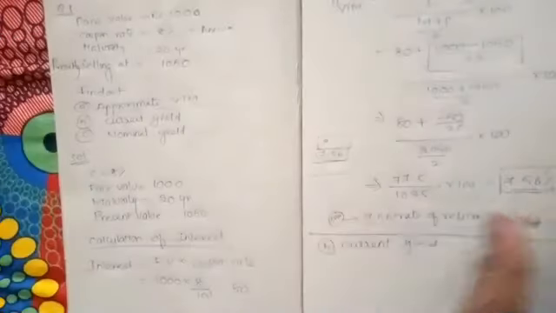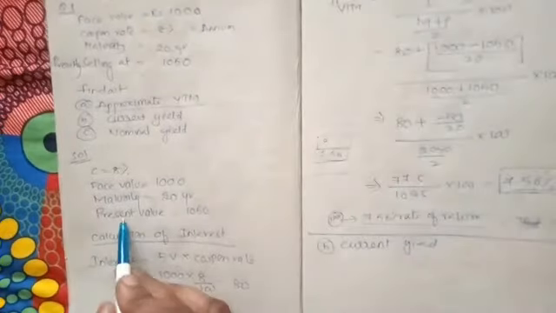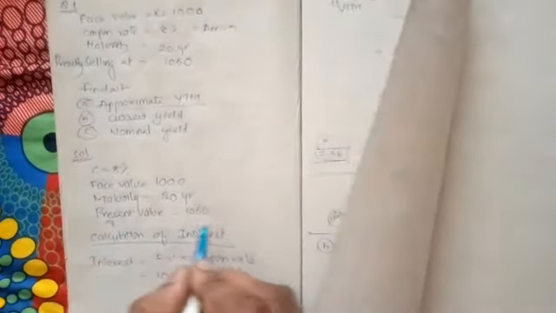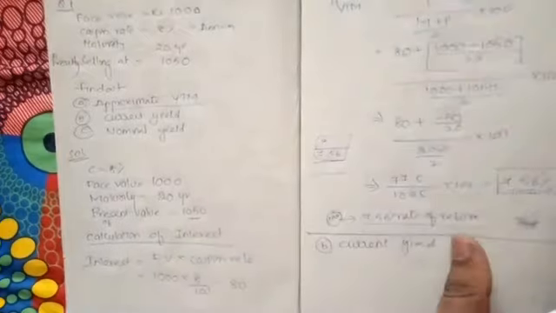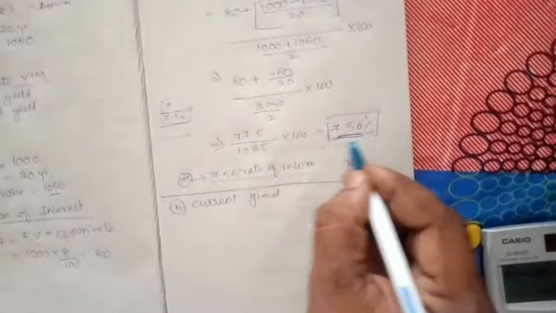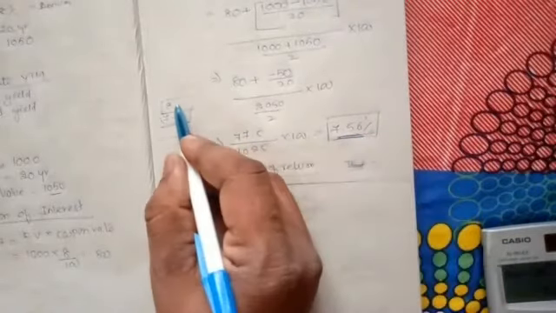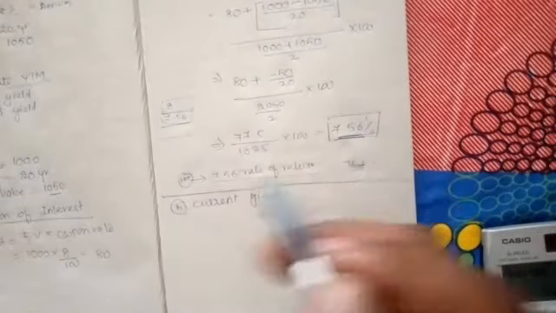You can see he has given in the question that the face value of the bond is 1000, but the present value of the bond, meaning at what rate it is selling, is 1050. So we have purchased it for 1050. So how much return are we getting? That is 7.56. We are not going to get 8%, we are getting 7.56.